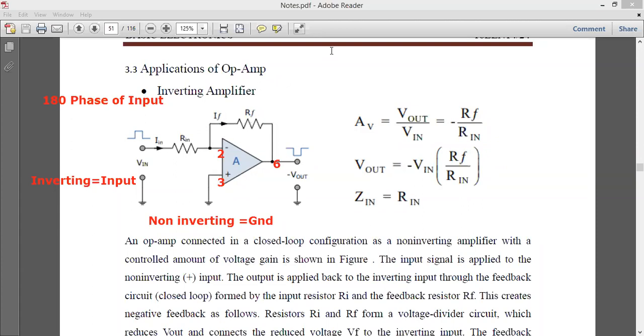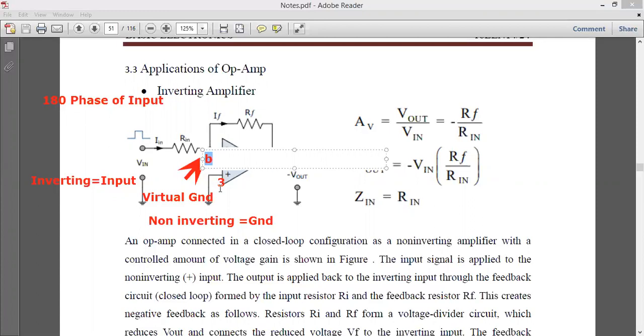Now let me show you the concept of virtual ground. This point, the black dot you are seeing here, is nothing but the virtual ground point, virtual GND. And the concept of virtual ground says the voltage or the current measured at this point... Let me make it more simple. Let us take this as point B.